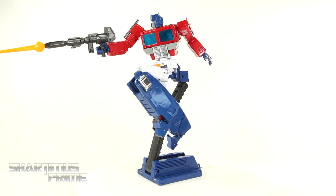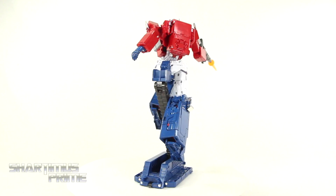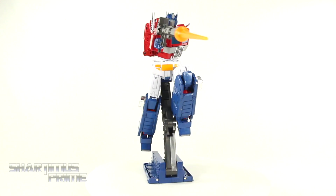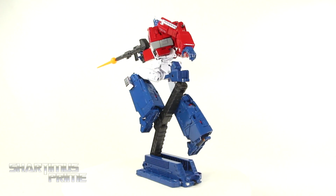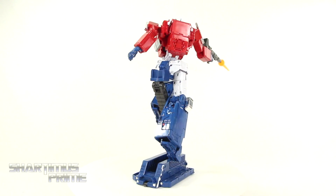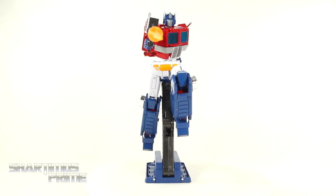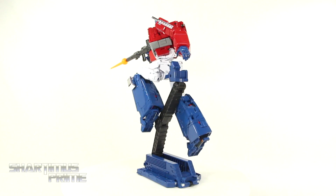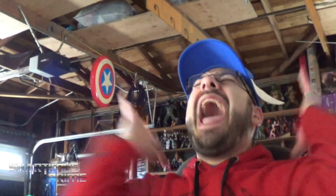That trailer, man, that is really why this thing costs so much, I think. And the fact that when you see him in robot mode, it looks like he's not supposed to transform. I mean, all those little pieces, man, that can't be cheap, you know what I mean? So even though I have a whole bunch of QC issues with this thing, and even though it's extremely expensive, cost me $420 buying from a Japanese seller, man, at that price point, even at the price point closer to $500, I'm gonna give this a SUD rating of...